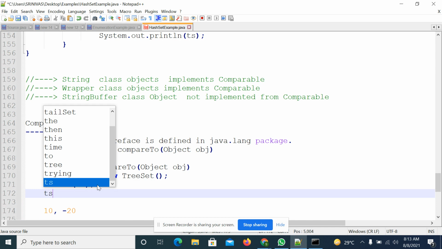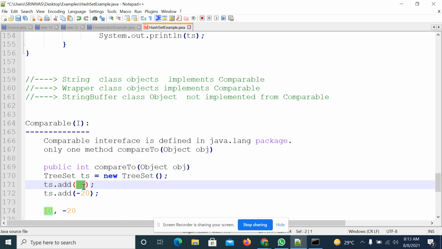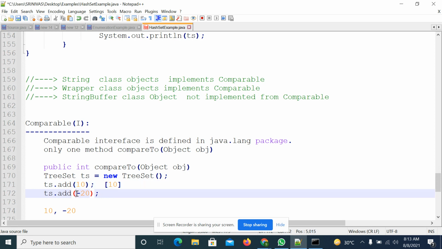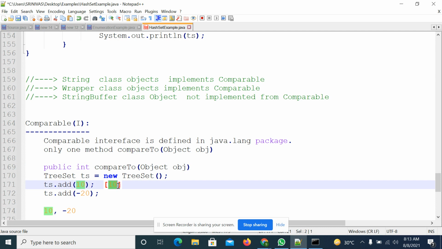Whenever you try to add the next element, this is not an empty TreeSet, it already has the 10 element. You are trying to insert minus 20 now. In this case, whenever you add the second element, it will call the compareTo method on top of the first object.